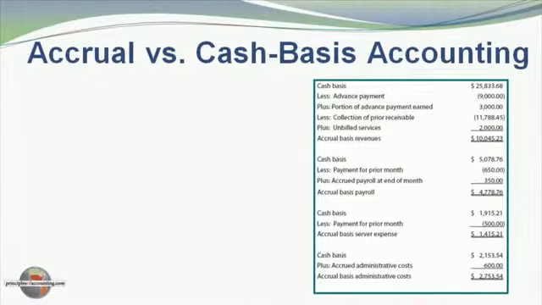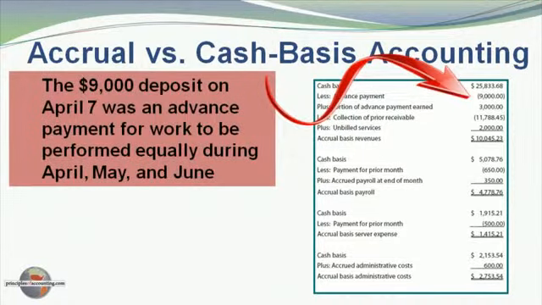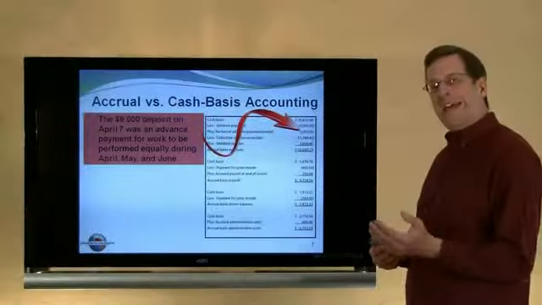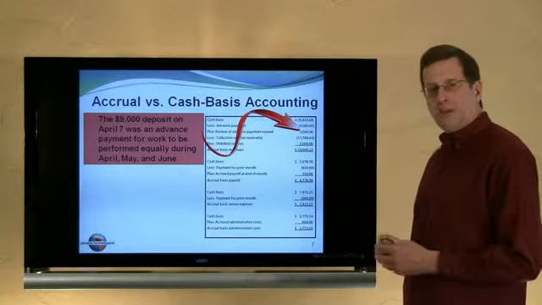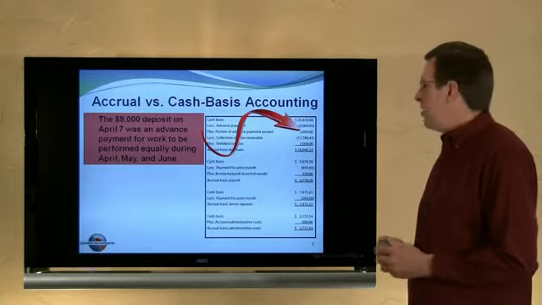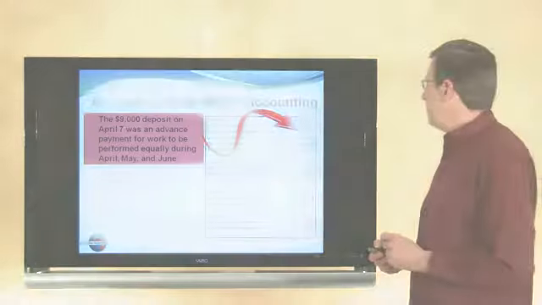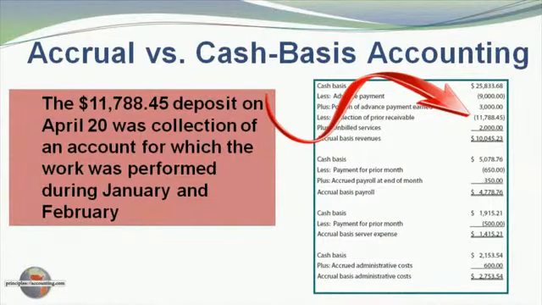And so if we look at our cash basis calculations, and we think about this, first, the $9,000 deposit on April 7th. I'm subtracting that from the cash basis revenues of $25,000 because although it was cash received, it will be performed during April, May, and June. So I'm taking out $9,000 and then adding back $3,000, the portion that's actually earned or relates to work provided in April. We also have collection of a prior receivable, the